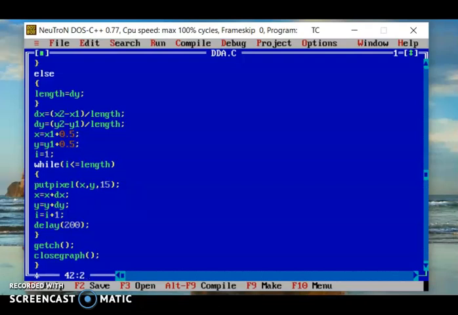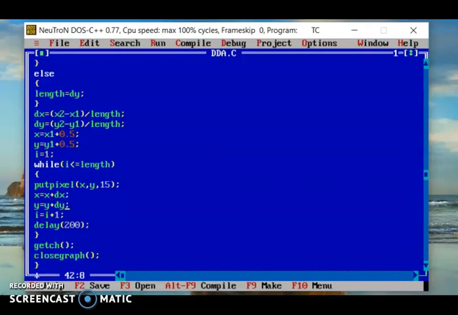Here we got the values of x and y, so those values will be taken in putpixel. Then the next coordinate of the line, the next x and y points, will be found with this formula: x equals x plus delta x, where delta x we have already calculated.